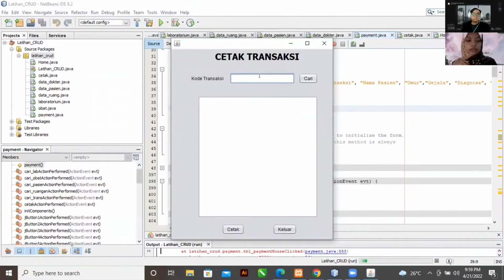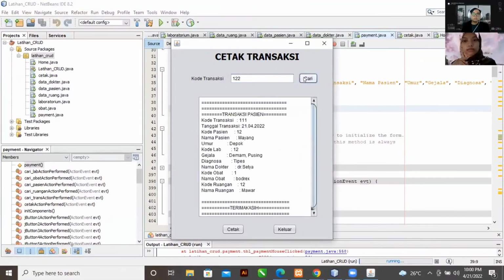And we can input the kode transaksi. Okay, all transaction data of the patient will appear in this field. So we can just click the cetak button.